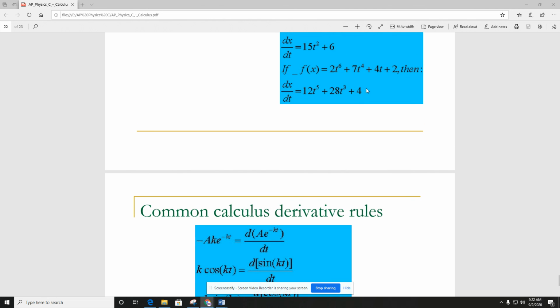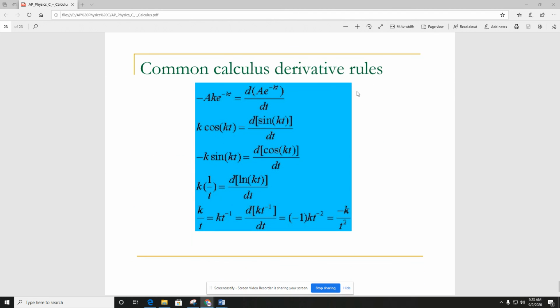In calculus, this would be like your C term, okay? When we talk about going the other way, we'll talk about what those mean. These are common calculus derivative rules. We'll be practicing some of those later, but you don't need to worry